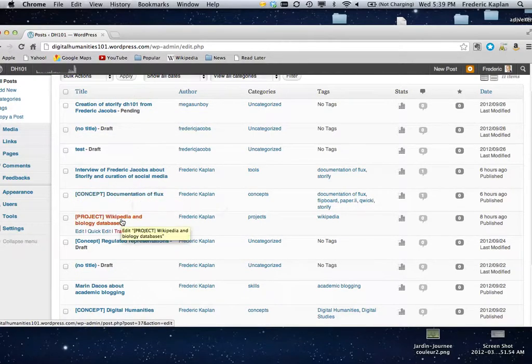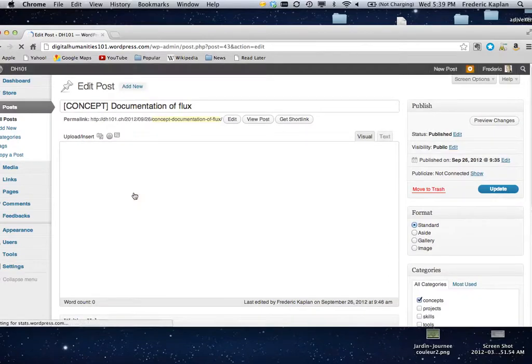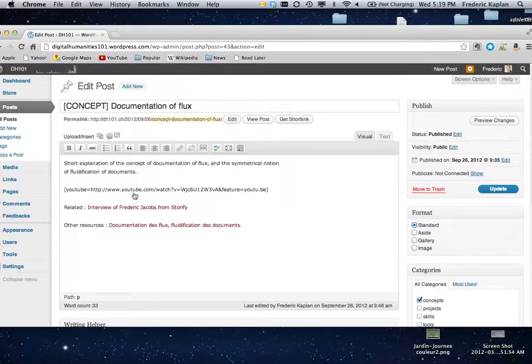And if we have a look here at the documentation of Flux post, if we open it, you'll see that it takes the following form. You have a small text, a short explanation of the concept of the documentation of Flux and the symmetrical notion of fluidification of documents. And then you have a YouTube